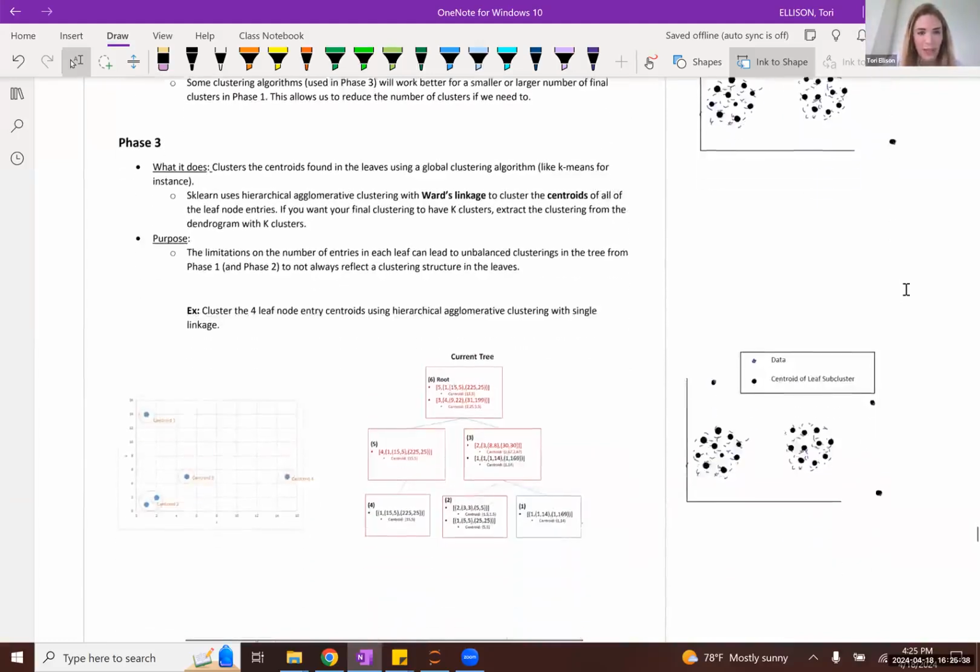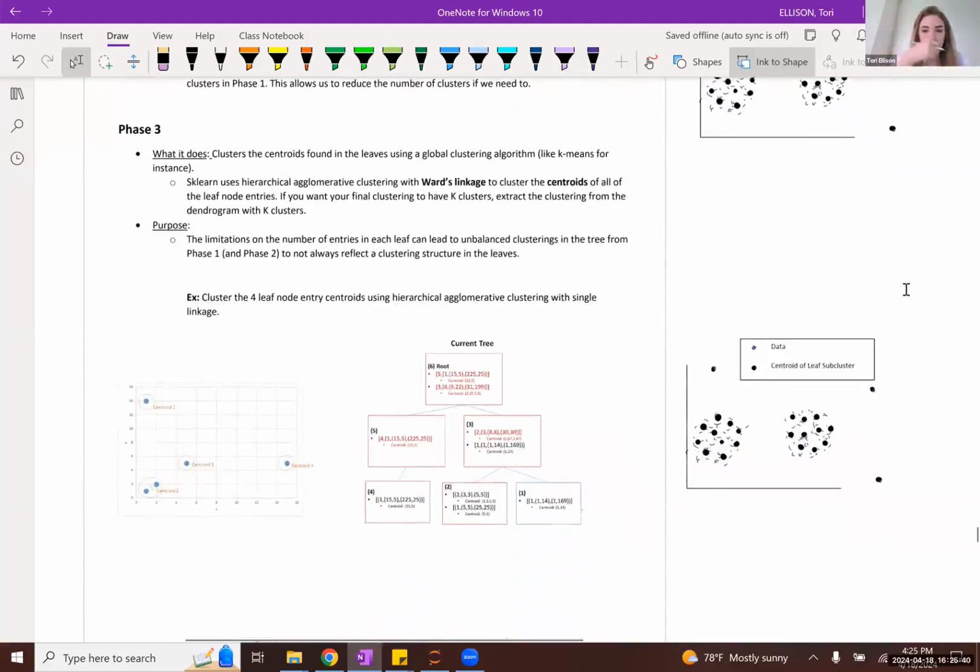And then phase 3, I think, is the more important part. It's applying another clustering algorithm, not to the observations themselves, but to the centroids of each of the leaf node subclusters in your tree.